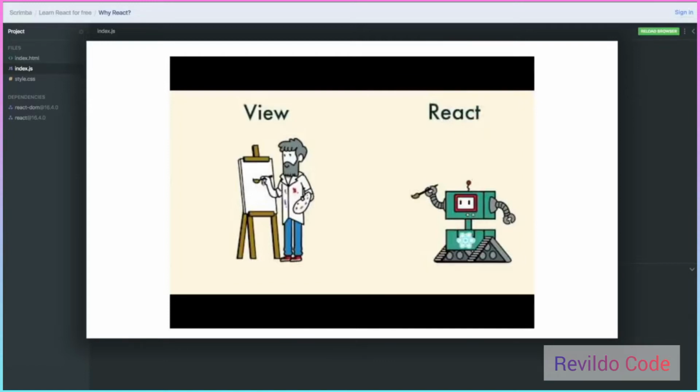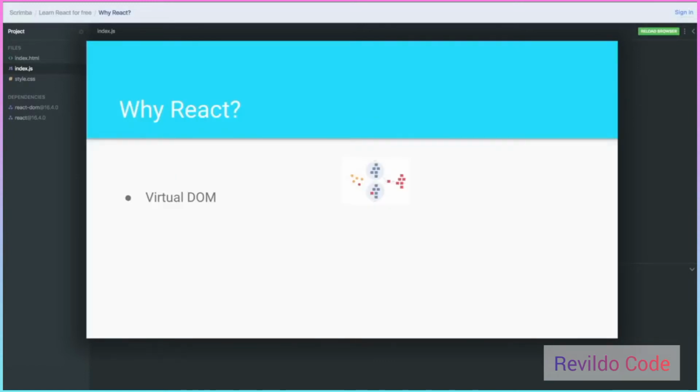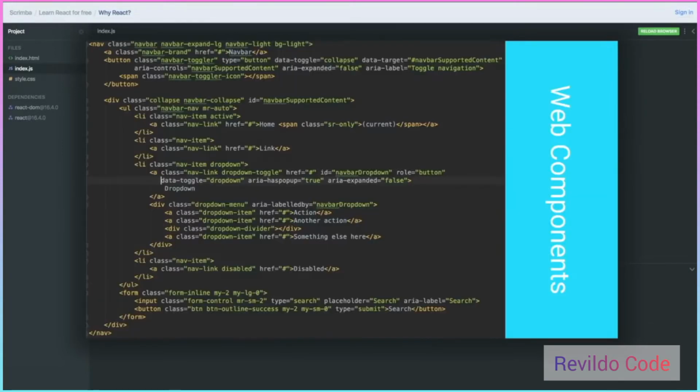Another really awesome benefit React gives us is the ability to create reusable web components. And I'm going to talk about this through an example. Right here, we have the Bootstrap default navbar. If you haven't used Bootstrap before, it's just a CSS library that has pre-written code that makes some elements look really good for you. But you can see that it's about 40 lines long, and it's pretty unwieldy and difficult